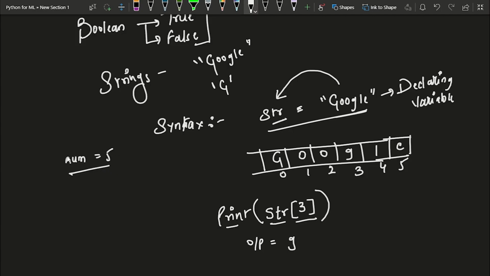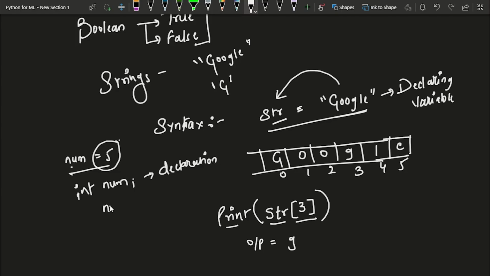Now the Python interpreter will automatically figure out whether the variable which you have declared here is a number, or a string, or a boolean, so you don't have to explicitly specify it. So this is called declaration. In C and C++, if you type in num like that, this is called declaration.